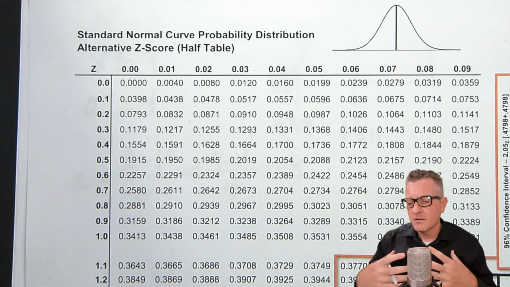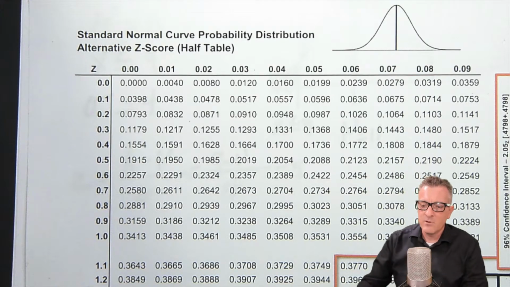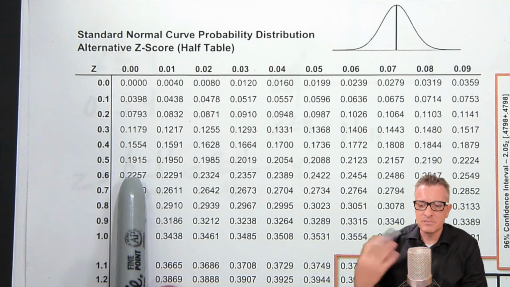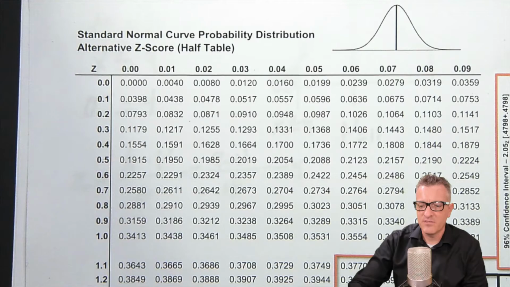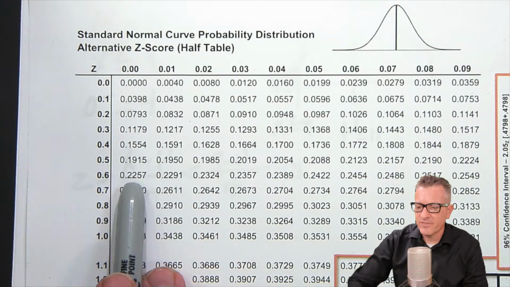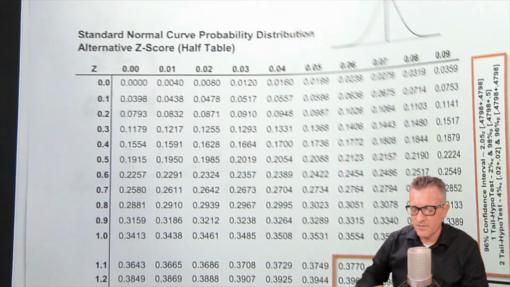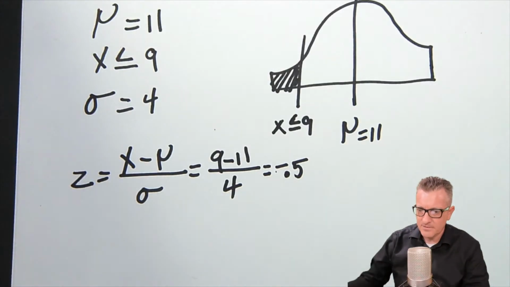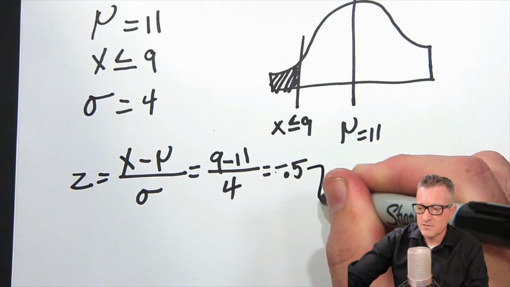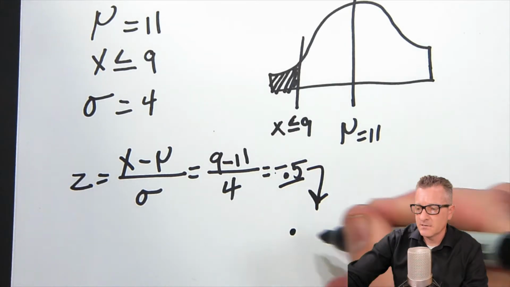So we think about the negativity in our z-score as just an indicator, but we look at the 0.5, right? It's kind of like absolute distance away from the mean. The negative is just on the left of that. Okay, so our answer for this one, 0.5, is 0.1915. Kind of a common value with some of these things. So this is our z-score, and this is going to be our area under the curve value, which is 1915.